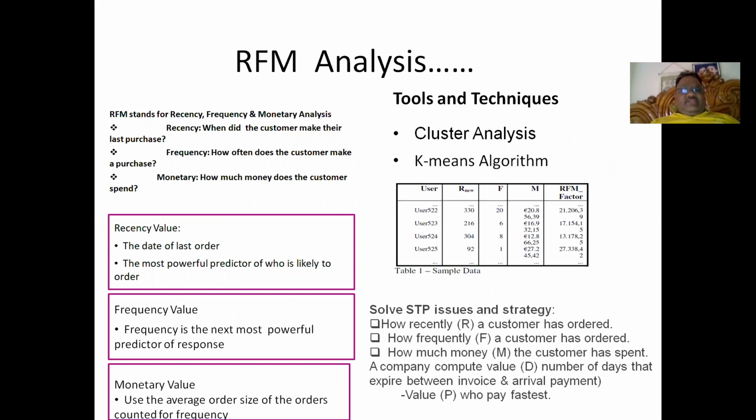So for recency, we need the data for the last order; for frequency, how many times the customer visited; for monetary, what is the average amount spent per order. On the basis of these three data, we develop an RFM analysis to find out different things. It means we can identify loyal customers, whom to target, which customers are going to be lost, which are more worthy customers, which customers come regularly but spend very little, and which customers come very little but spend huge amounts. This type of analysis can be carried out through RFM.